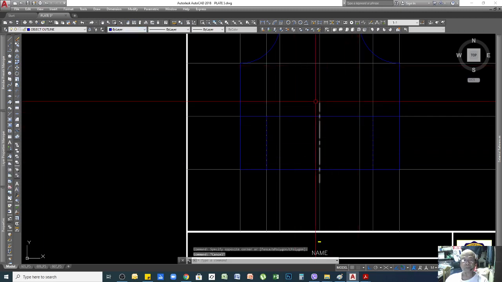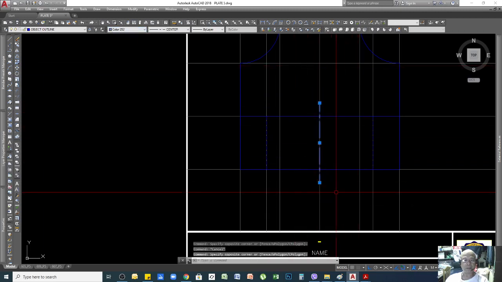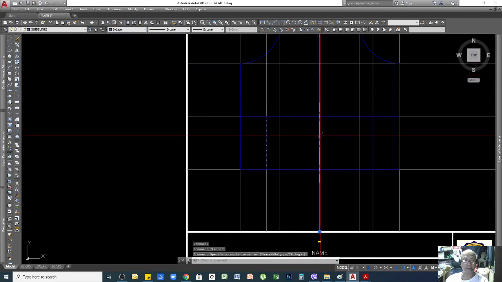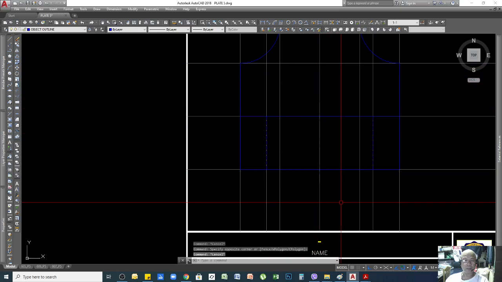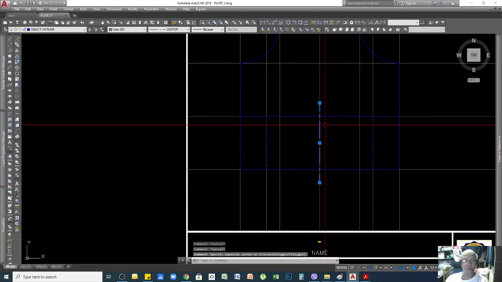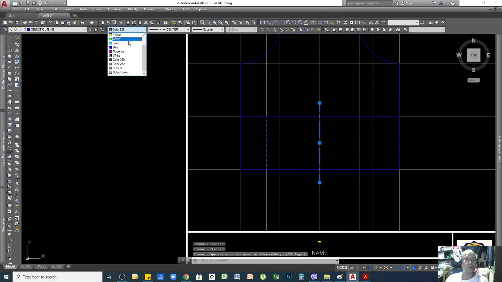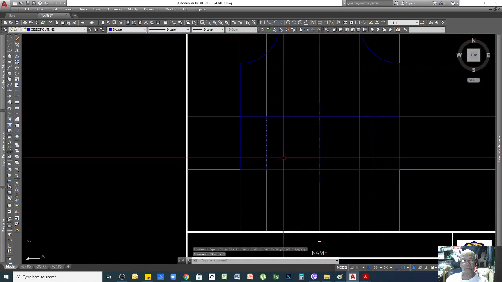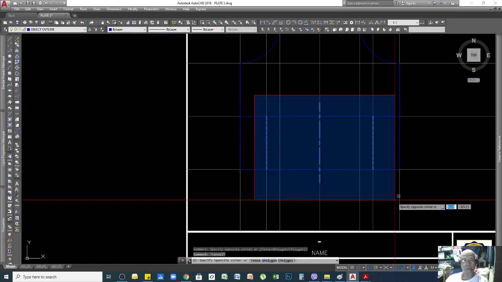Okay, so it's not very visible because the color of our grid line and this one as well are the same. So you have the option to change your color, or you can just keep it as your layer color to make it visible. So I think it is better to keep it that way.